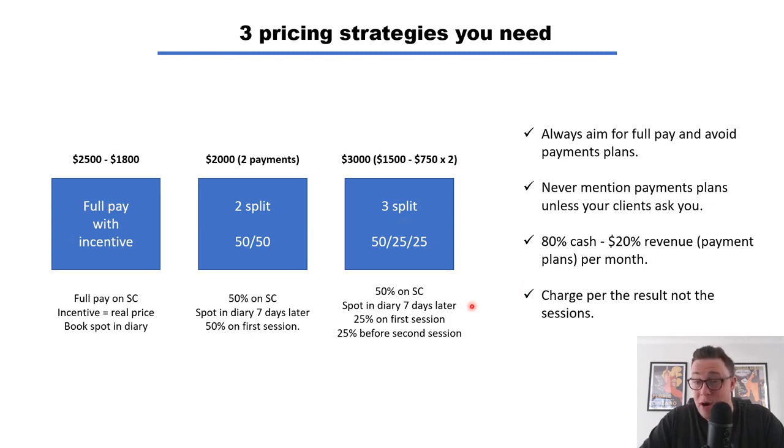So guys, they're the 3 pricing strategies, okay? Like I said, the point here is aim for this, guys. This is where your business should start to catapult and bring a lot of income back into your business. Get used to saying these higher prices out loud to yourself. Get used to just selling it with a full pay with incentive. And you should have no drama starting to see the cash in your business start to skyrocket.